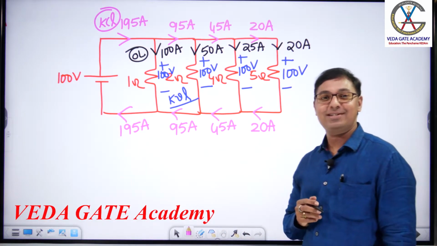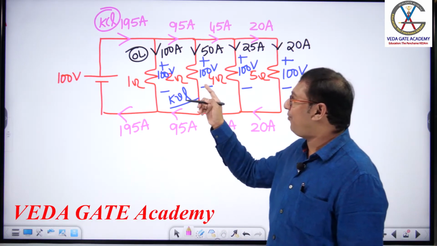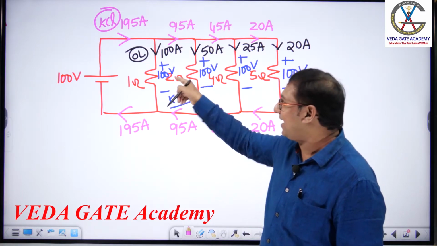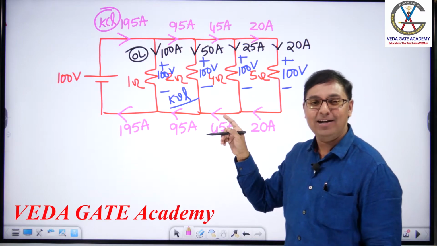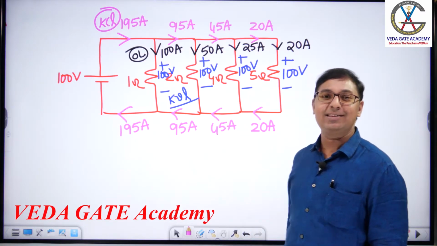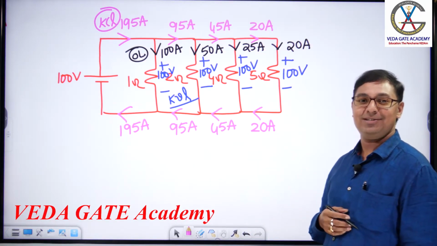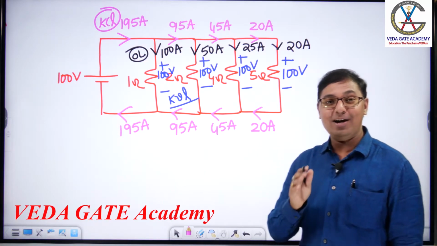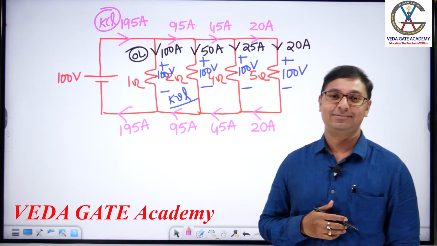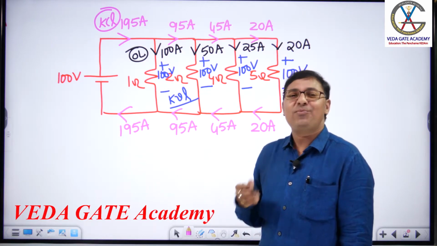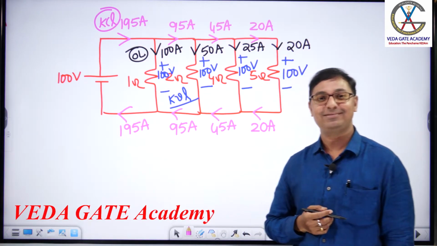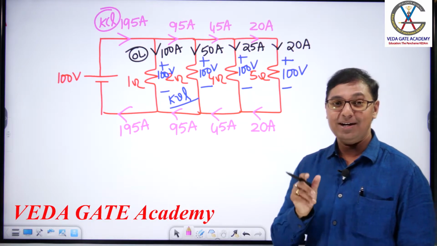Now the interesting question starts. Sir, when we can find all the branch voltages and branch currents so easily like this, I repeat my statement: when we can find all the currents so easily, why are we discussing current division? Once we know the voltage, we get the current. Then why are you discussing current division, sir?